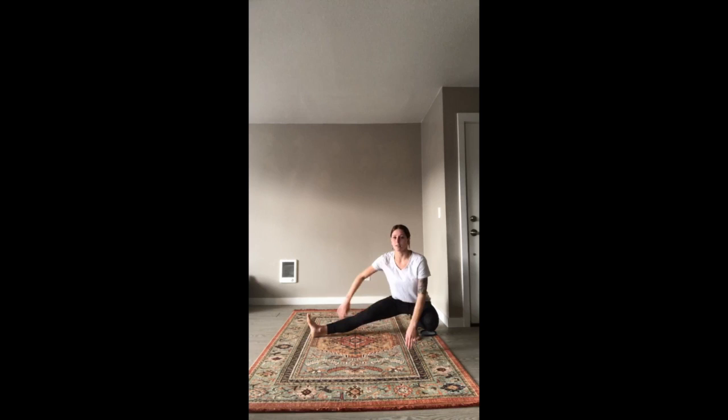Next one we're going to do is a Cossack squat with an axial rotation. So again, we're only moving from one hip joint at a time through all of these exercises. So we're going to come down to the right side into your Cossack squat. From here, I want you to take your foot and place it all the way forward against the ground. Rotating only from this hip joint, you're going to rotate it as far as you can out, up towards the ceiling, push it towards the back, towards that end range of motion, then bring it back forward down to the floor. Push it all the way back into external rotation,